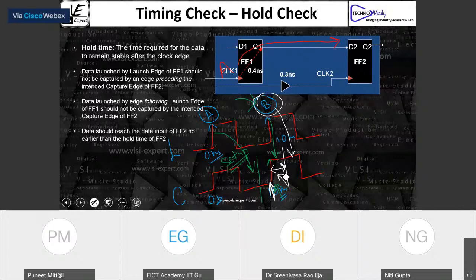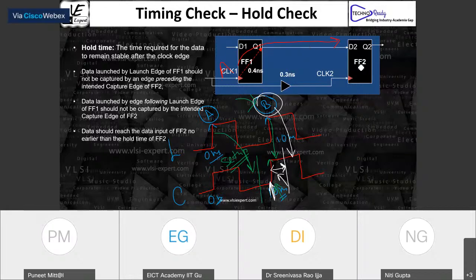So as a check, what does the airport authority have to make sure? If the data B is coming very early, then they will stop it and say, no, you cannot go here.